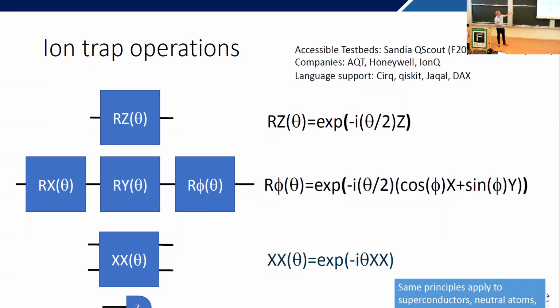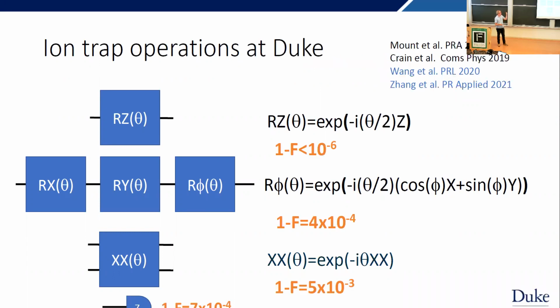So our basic rotations are the Z rotation, these X and Y rotations, and then this Mølmer-Sørensen gate, which ends up being an XX spin type rotation, and we always measure in Z. That's our basic set of gates. The Z rotation just has to do with the phase of our microwave, so it's effectively perfect. Z rotations are more or less error-free.